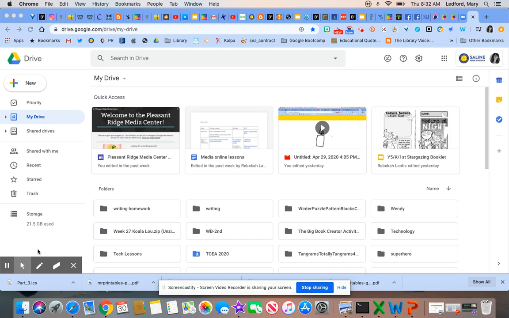Hey, third grade, this is Mrs. Ledford, and I am going to do a quick review on how to use Google Slides. It's been a while since we've used them, and sometimes we tend to forget how to use all the